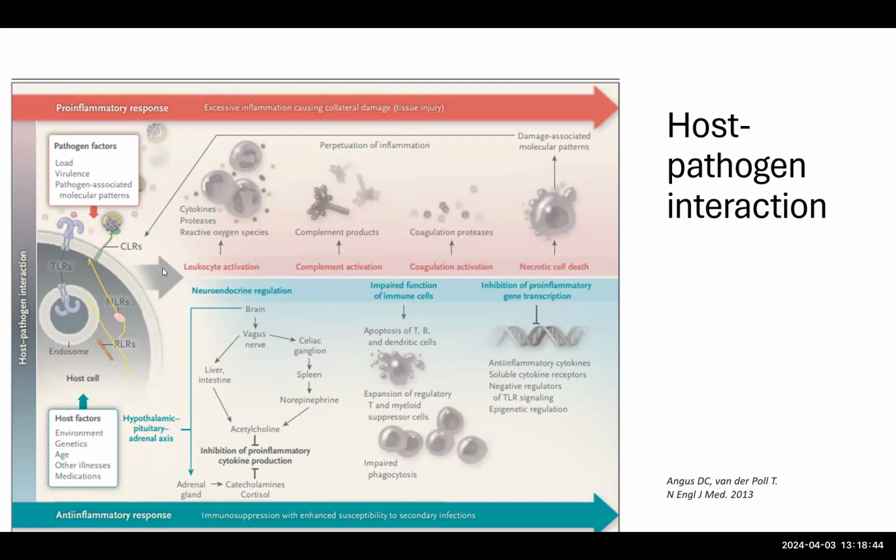The consequence of this exaggerated inflammation is collateral tissue damage, necrosis, cell death, and a whole series of reactions, such as leaking in our microcirculation. On the other hand, this exaggerated inflammation may also cause trouble with an impact on the adrenal cells and neuroendocrine regulation, and it affects the production of cortisol. It may also cause immunosuppression, which enhances susceptibility to further infections.